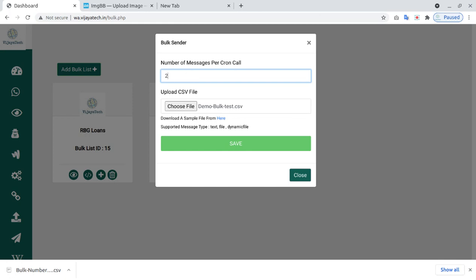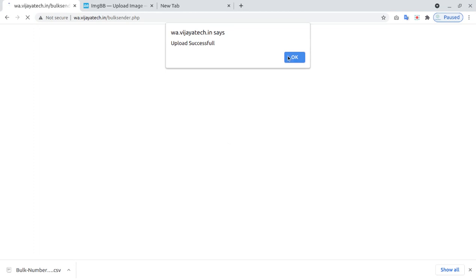Whenever this cron job calls this particular URL, it will send two messages. If you have 10 messages, 100 messages and so on, whenever that is called, it will send whatever number you mention here. So here I'm just sending two messages. I will click on save. Upload is successful. You will get that.